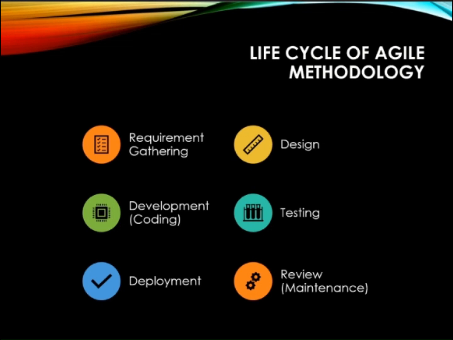Now fifth, deployment. The app is deployed to production or made live for users. Example: the cake delivery app is published on the Play Store or App Store and users can download and use it. Our last step is review and maintenance. After release, the app is monitored, feedback is collected and bugs are fixed or new features are added. For example, a user says add wallet payment, a small bug in delivery tracking is fixed, and the app is updated regularly to stay smooth and fast.